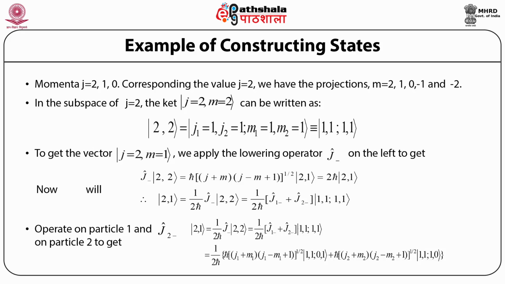times the lowering operator j minus acting on the state vector 2 2, and this is equal to 1 upon 2 h cross times (j1 minus plus j2 minus) operators acting on the state 1 1 1 1, where the lowering operator j1 minus is the lowering operator of particle 1 and the lowering operator j2 minus is the lowering operator of particle 2. So working this out further, the state vector 2 1 is equal to 1 upon 2 h cross times lowering operator j minus acting on the state vector 2 2 gives 1 upon 2 h cross times (lowering operator j1 minus plus lowering operator j2 minus)